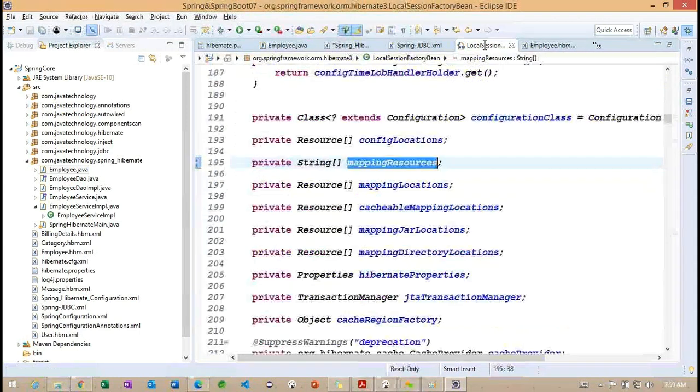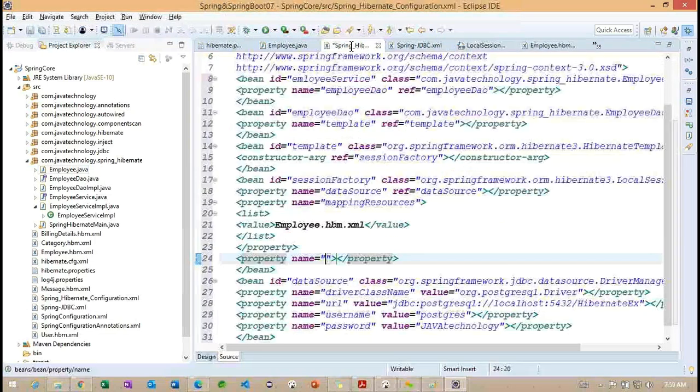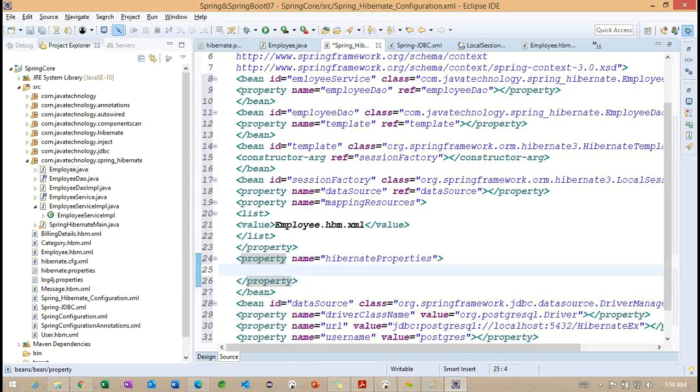Again, we need to work with one more property. What is the one more property we need to work with? Here we need to work with Hibernate properties, because we have Hibernate specific properties.